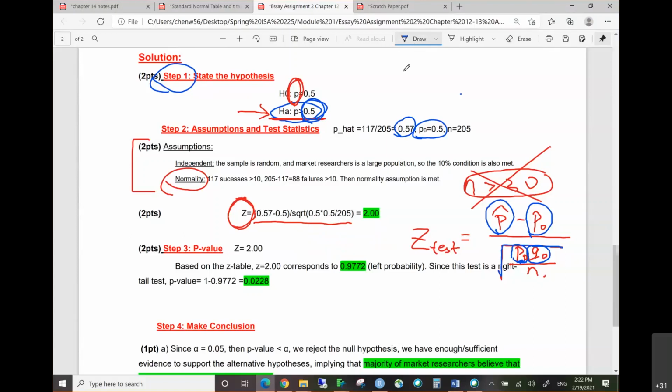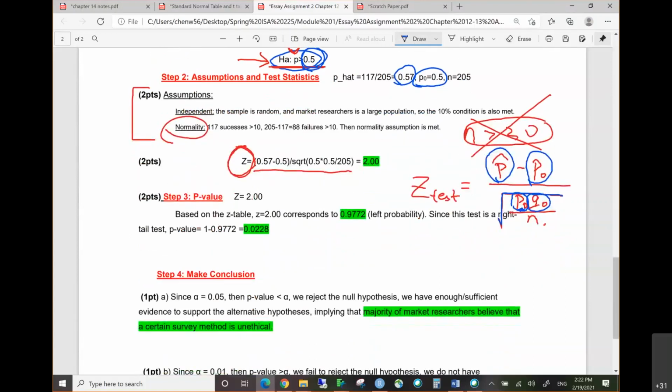This is not a math class. I don't care how many decimals you keep. If you want to keep 3 decimals, 4 decimals, 2 decimals, I don't care about that. What I care is whether your entries are correct. So this is about the second step. And next step,